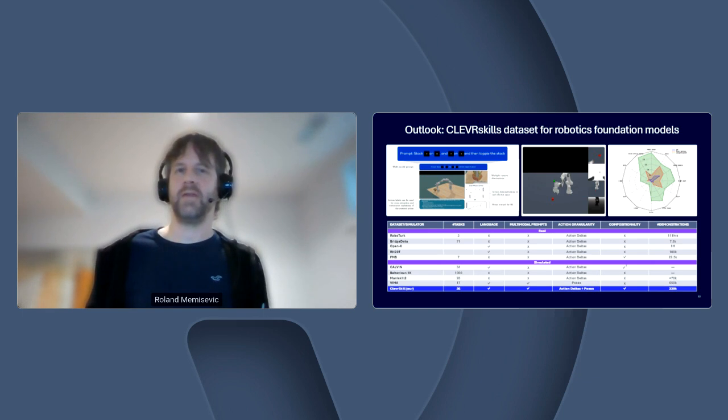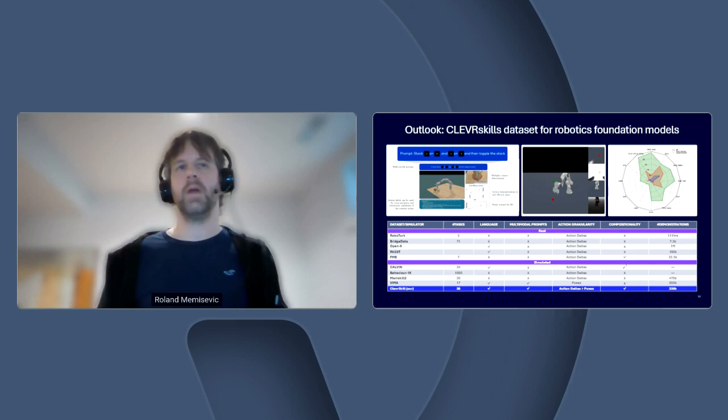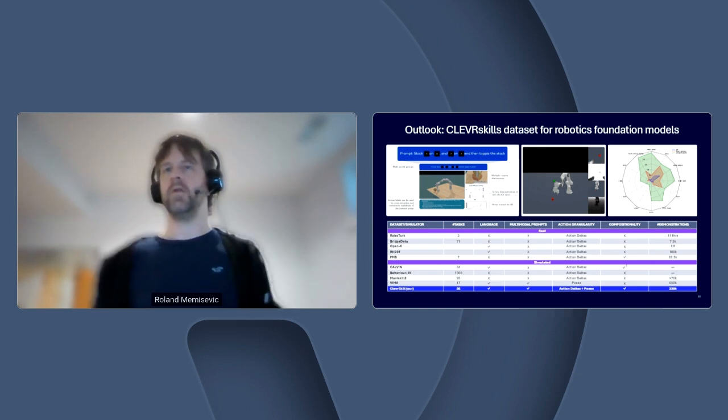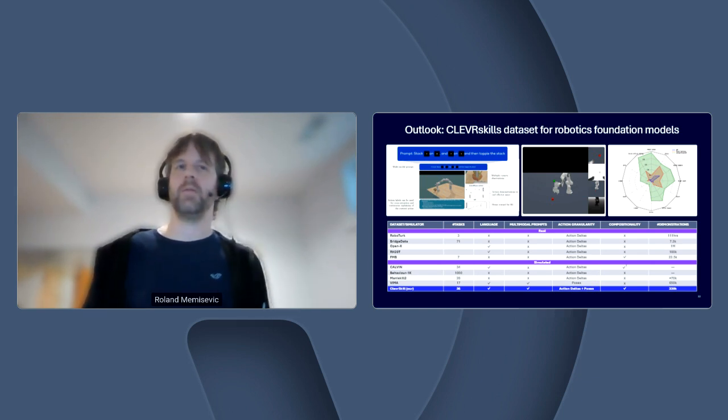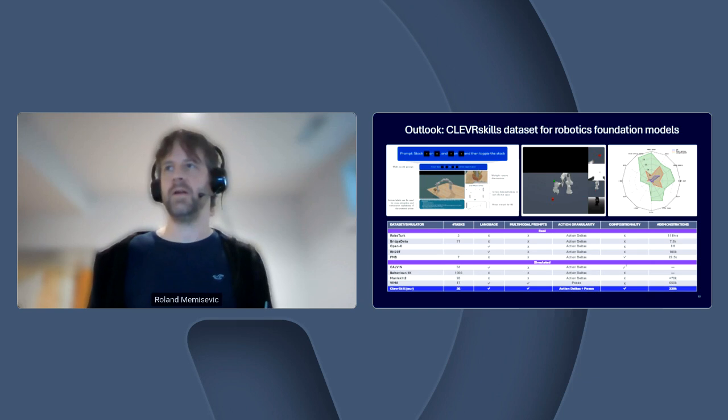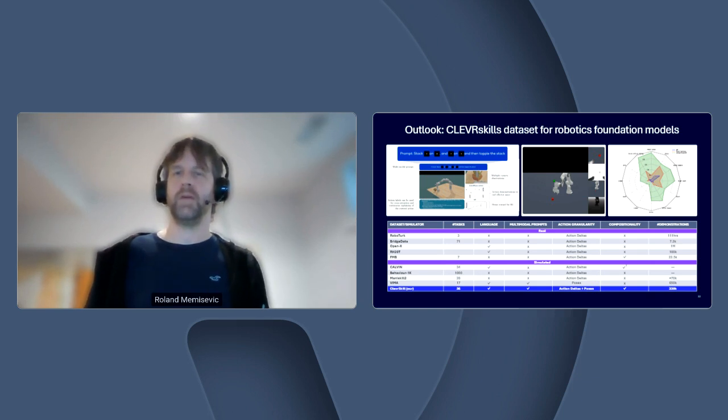And so we have similarly developed a data set called Clever Skills that is currently under review as well, where we study this and we look at how models perform when the job is not to instruct somebody to do a certain task, but to instruct, quote unquote, a robot, sending commands to it. And this was in the ManiSkill framework, a simulation environment to study this question.